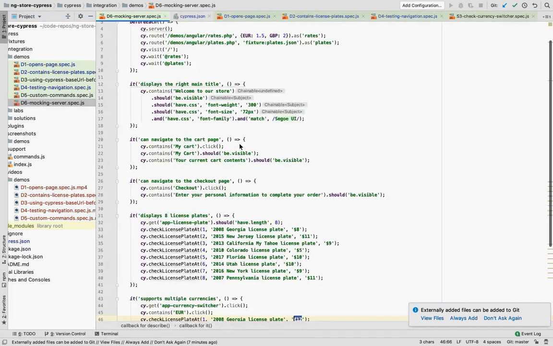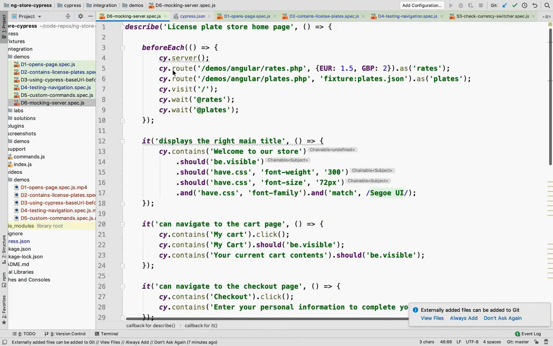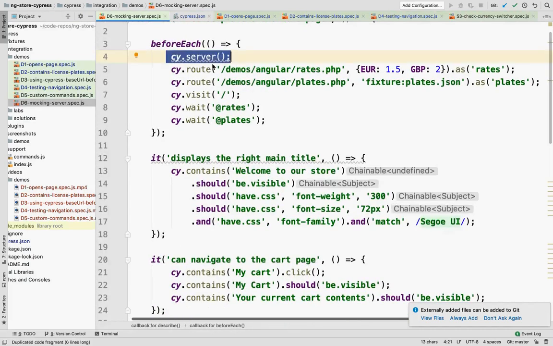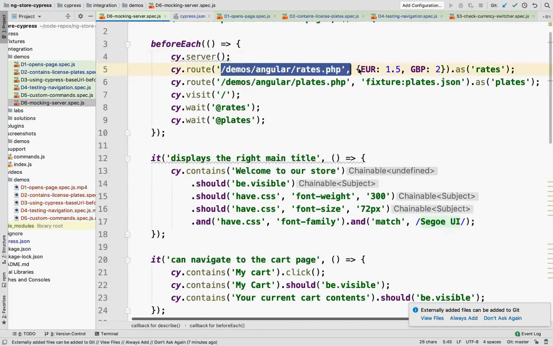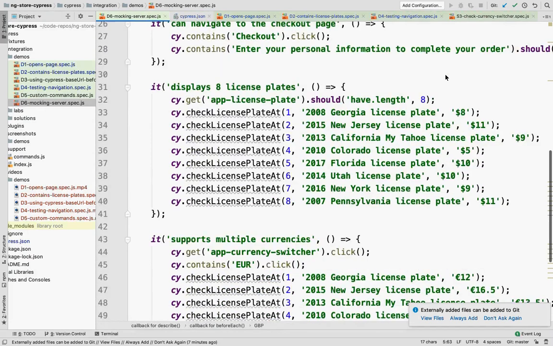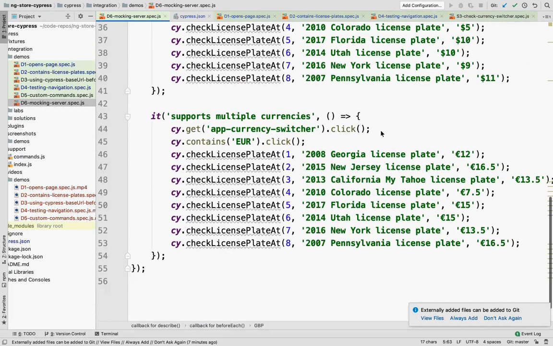So an example of this would be as follows. Before every single test, I'm going to start a server. I'm going to say, when you want to get the rates, return the following 2 things. And then in one of my tests, I would switch the currency to euros. So get to the currency switcher component, click on it.